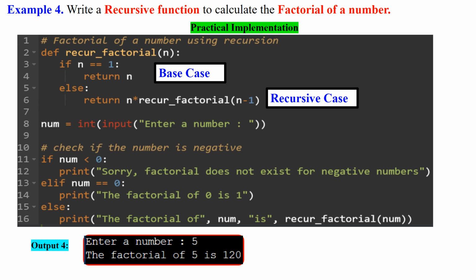In lines 11 and 12, the code checks if the entered number num is negative. If num is negative, it prints a message indicating that the factorial does not exist for negative numbers. In lines 13 and 14, if num is not negative, the code then checks if num is equal to 0. If num is 0, it prints a message indicating that the factorial of 0 is 1, as per the factorial